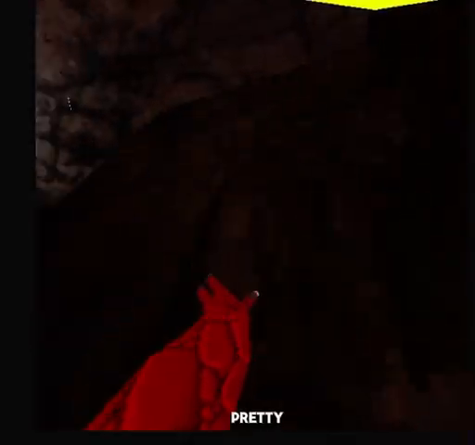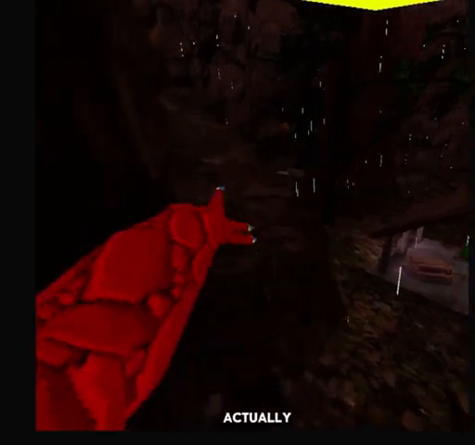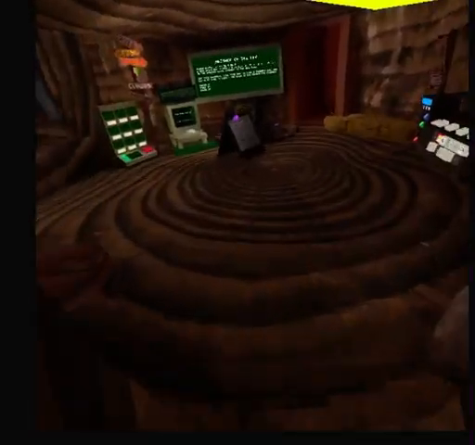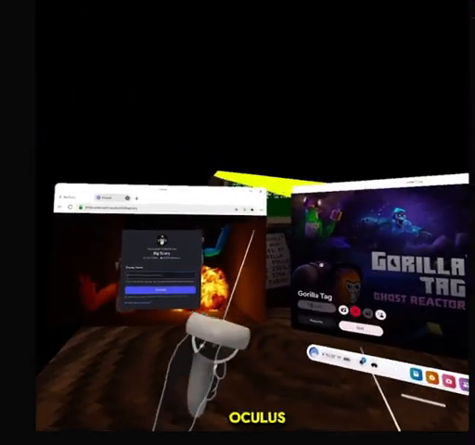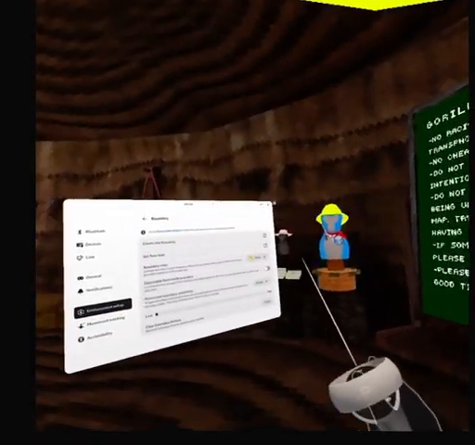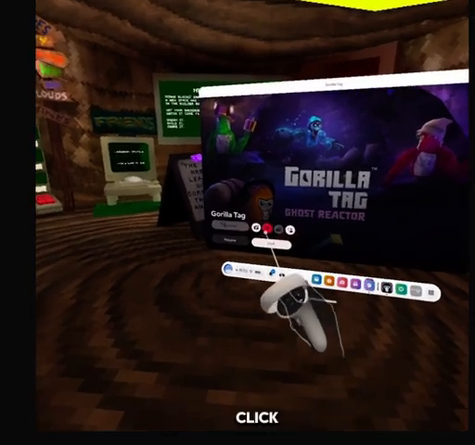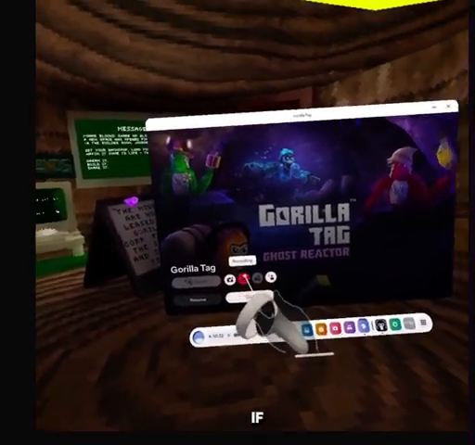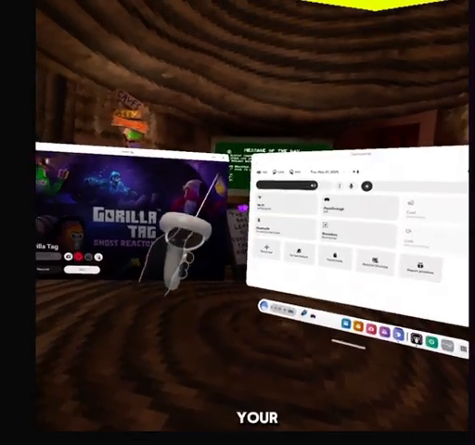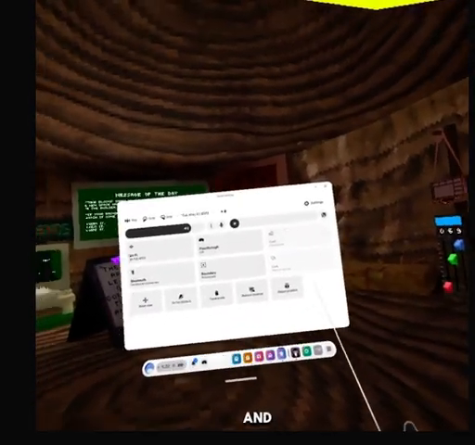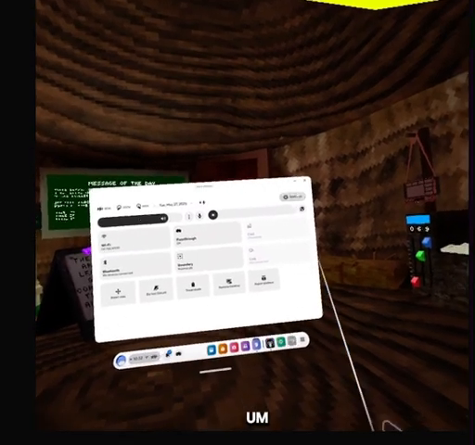So yeah, if you want to actually record your gameplay, what you want to do is go into your Oculus menu and click this little button. It won't be red. If it's red, that means you're recording. But if you want your voice to be in the video, you want to go to your quick settings and go to